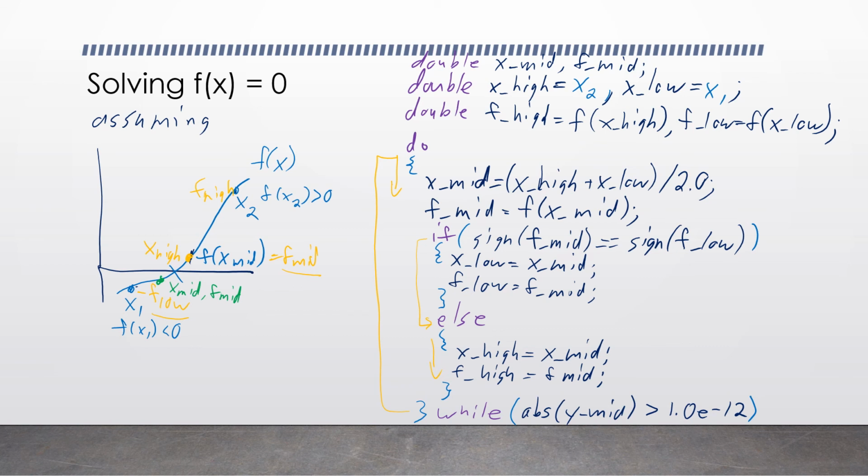Now this time the sign of f mid is negative, the sign of f low is negative, so we're going to go here and replace x low. So now this is the new x low and f low, and this time I'll pick another color I haven't used. I'll pick red. We go in between those two points and we land pretty much at the intersection point, if